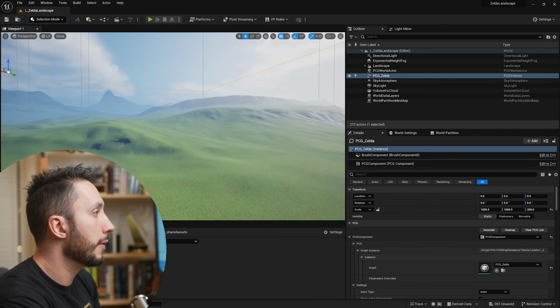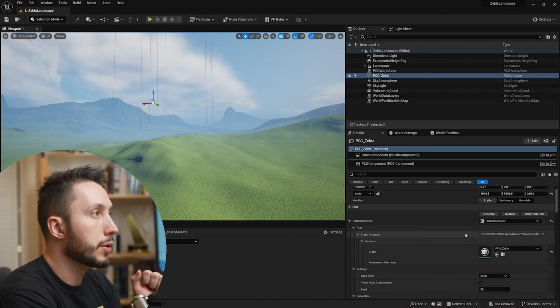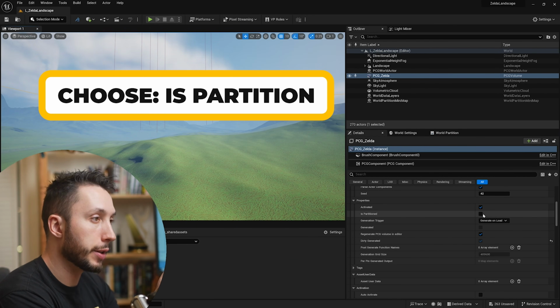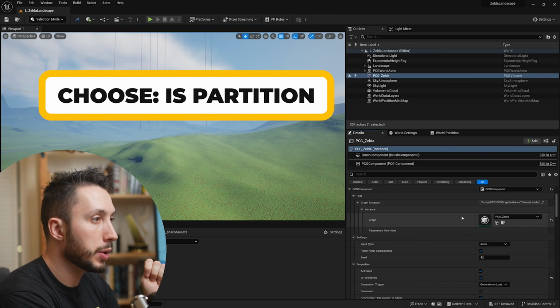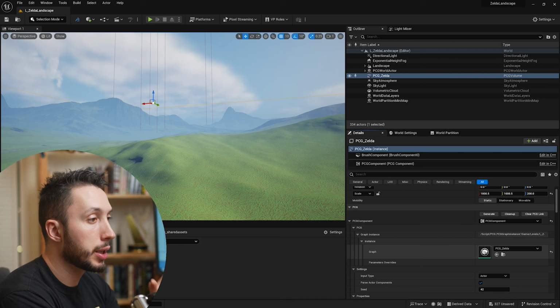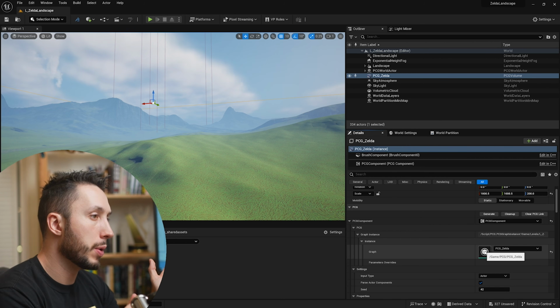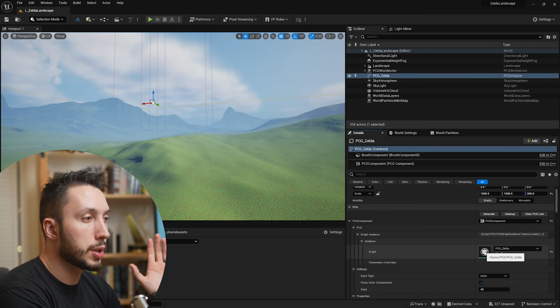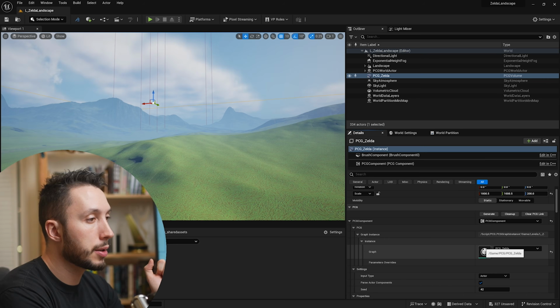So now that we have that set up, we are ready to partition the volume. Scroll down and choose is partition. Once we choose that box and we come back up here, we can hit generate. For me personally, I actually like to go into the graph and lower the number of points before I do this, just because it will take a little bit of time to slice up the volume and re-simulate it across the whole landscape. And this will be just a little bit quicker if there's fewer points, and you can gradually